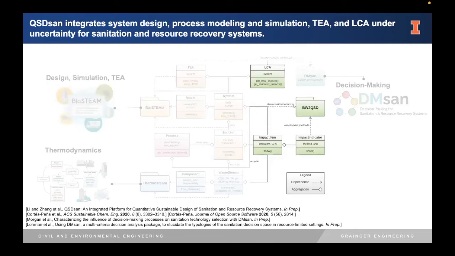And then we have several classes and QSDsan takes care of the LCA. I want to emphasize that although in the example you see later we are focusing on the global warming potential, GWP, QSDsan can actually take care of a bunch of different indicators. So whatever life cycle assessment method you like, we can do that in QSDsan. And then finally,